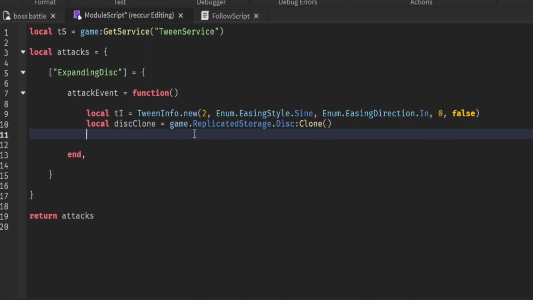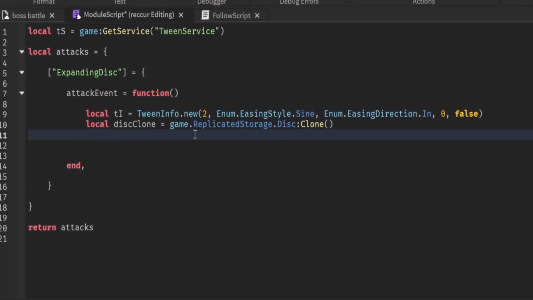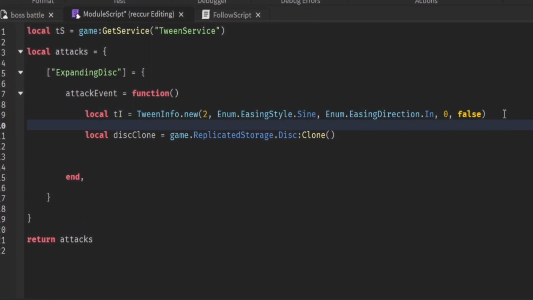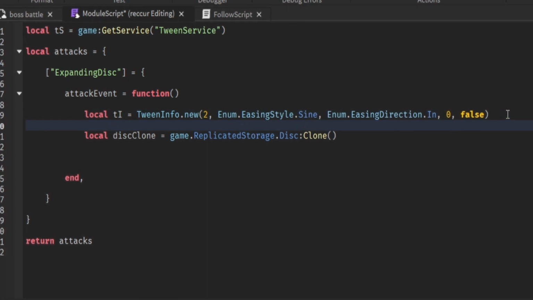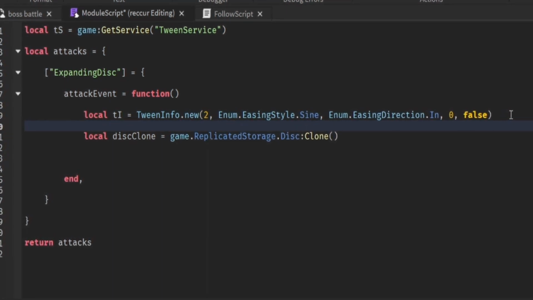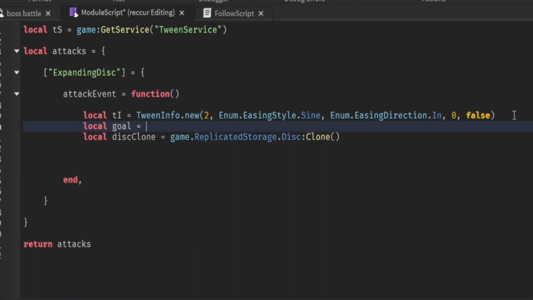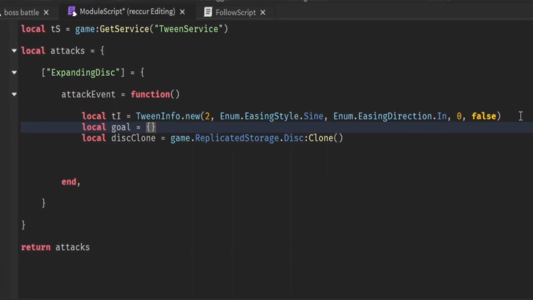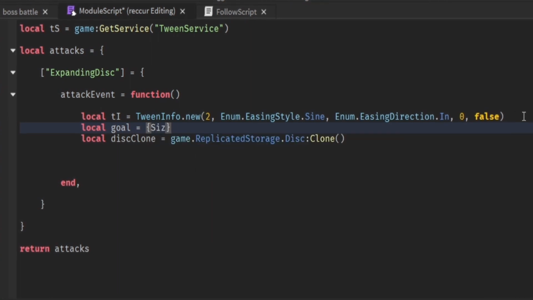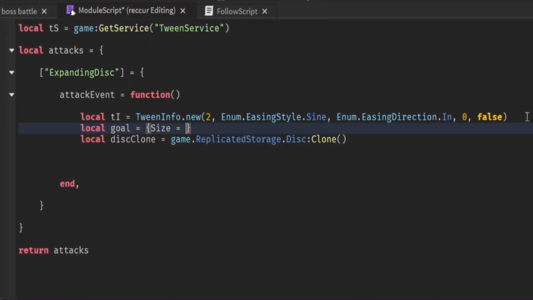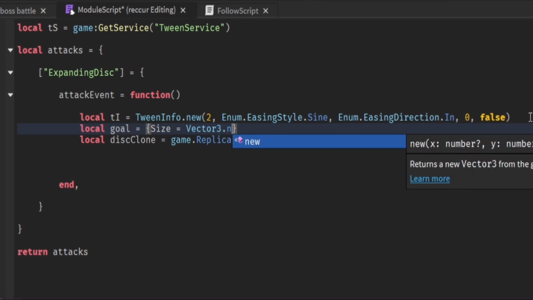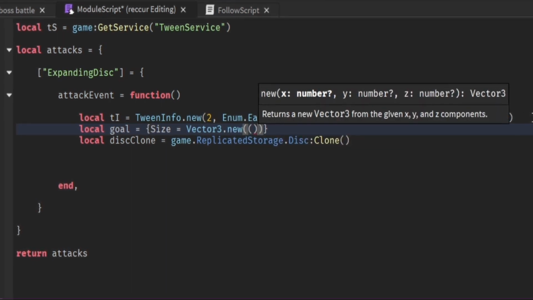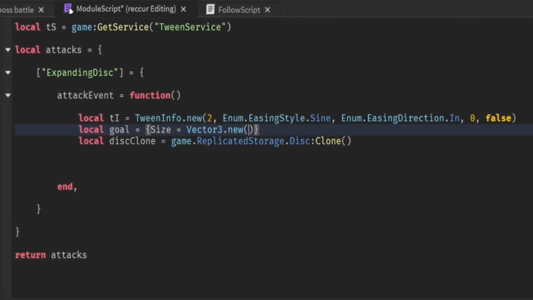All right. Now let's actually make the goal. So for the goal, we want to increase the size. That's for sure what we want. The local goal equals, then we make a property table. Now you can add more properties than size, but we're going to use size for sure. Vector3.new, and then in this case,